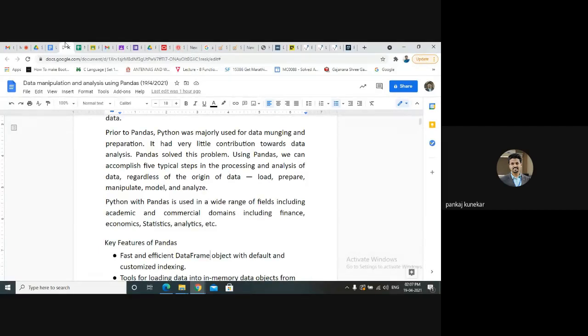These are the different processing steps we can perform using pandas. It can be used in commercial and academic domains like finance, economics, statistics, analytics, etc. So various applications are available in industry and even in academia. So the pandas library is widely used in all the domains.